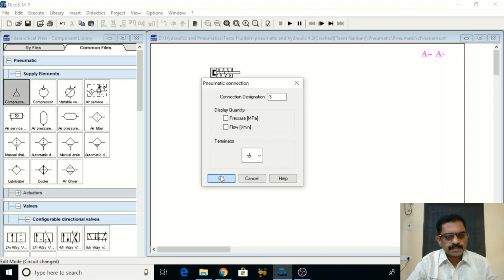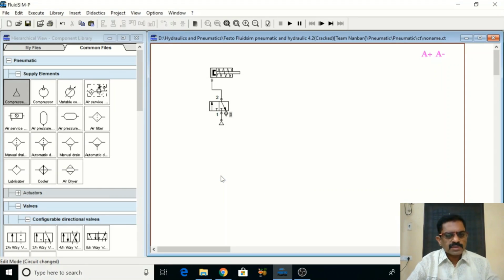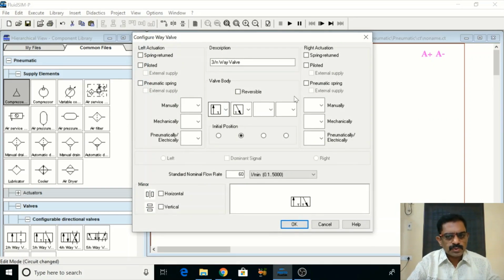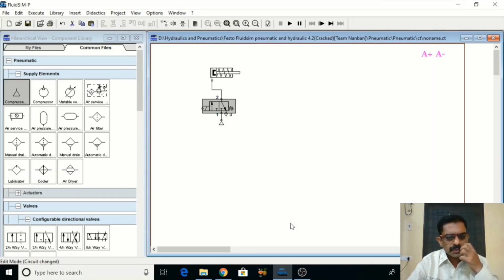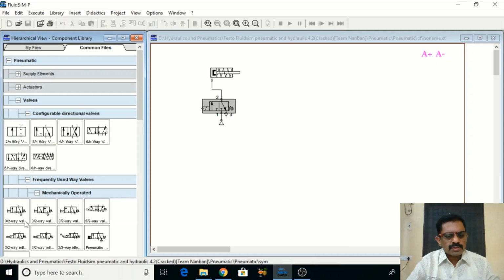So this is my pneumatic circuit. So for this let me choose a spring return on the right hand side. On the left hand side let me choose pneumatically or electrically a solenoid. So this solenoid I am going to use in my electrical controls. So let me choose a rule here. So a rule I can get automatically.